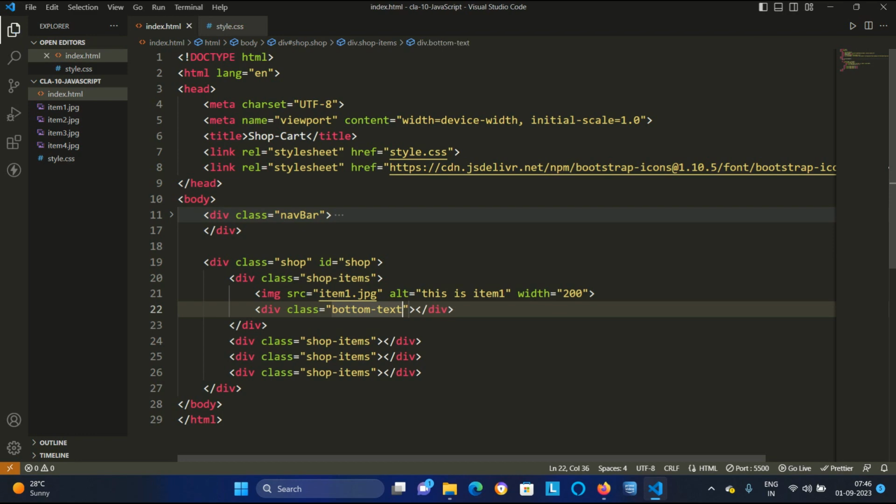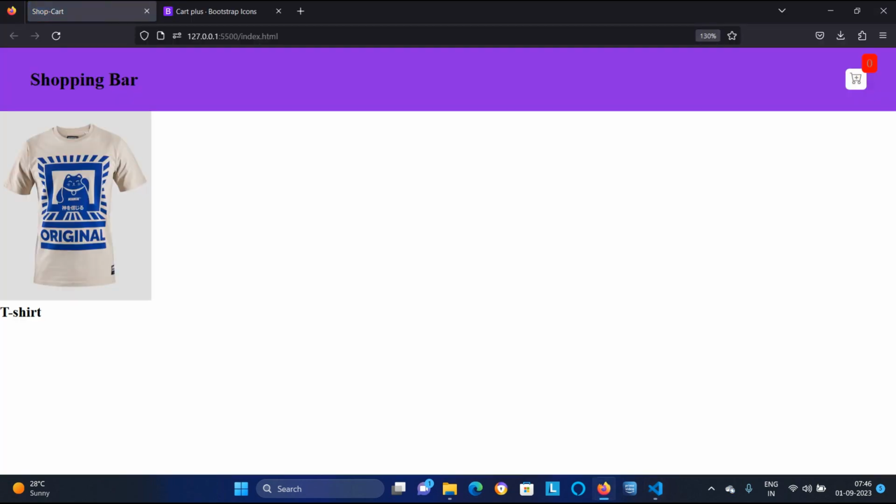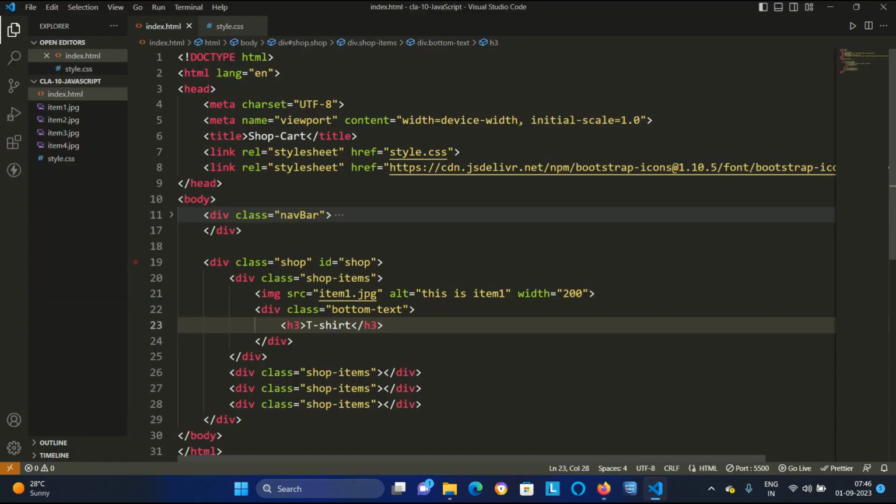Just Control S it, and in this div bottom text I will have one heading h3, and that is t-shirt. So look, t-shirt is coming, okay. In the bottom text, first of all we will have the name.